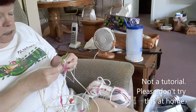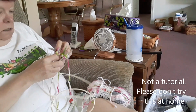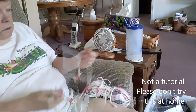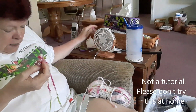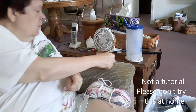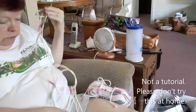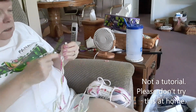I'm gonna take and try this on one circular needle. So I'm gonna pull all this off. Okay, so I would say that this was a fail. And that's why there's no video. Okay, so I'm going to take this stitch marker off. And I'm going to pull this off. And I'm going to take this green needle because I'm really liking it. Pull these other ones off. And I'm going to